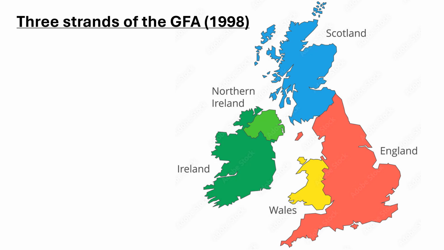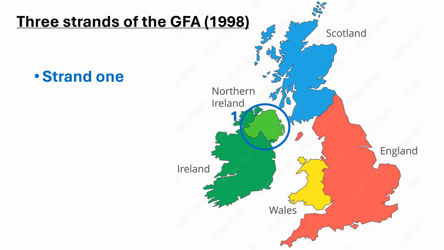I think the three strands are best understood when you can actually visualize them. So you can see I've got a map on the screen of Britain and Ireland. In terms of Ireland itself, you've got Northern Ireland and the Republic of Ireland. In terms of Britain, you've got Wales, England, and Scotland. And the first one, internal affairs in Northern Ireland, what the Northern Ireland government will look like, it just affects Northern Ireland. It's just what will the Assembly and the Executive look like, the government and the Parliament of Northern Ireland, or the Assembly, not Parliament.